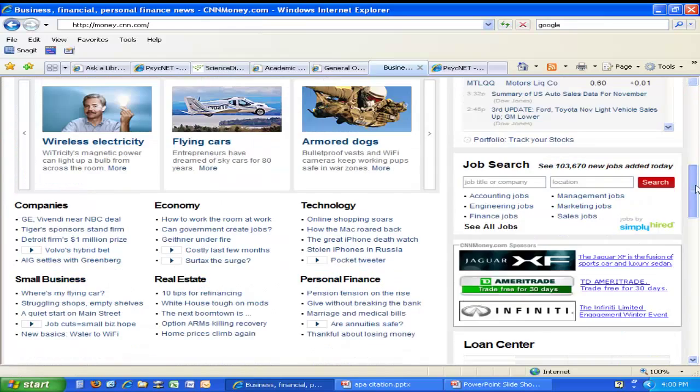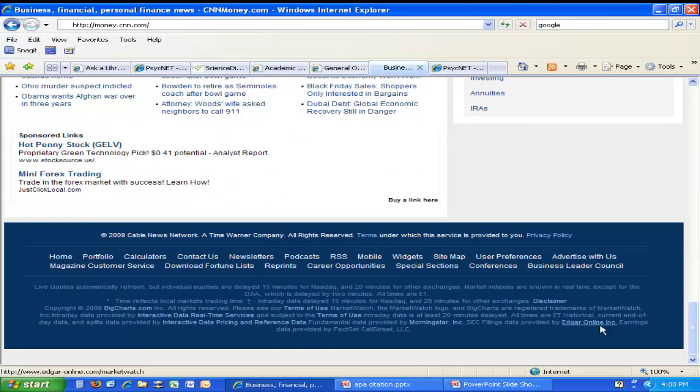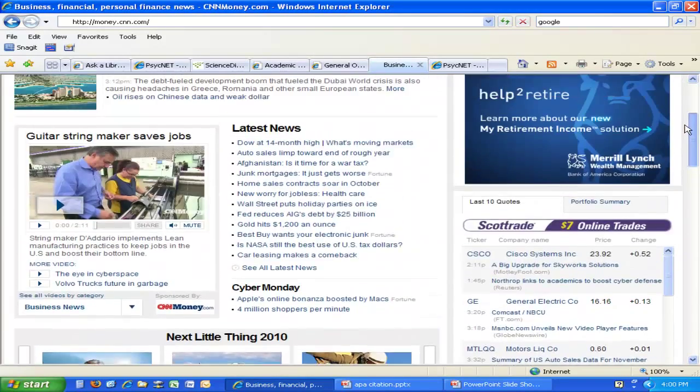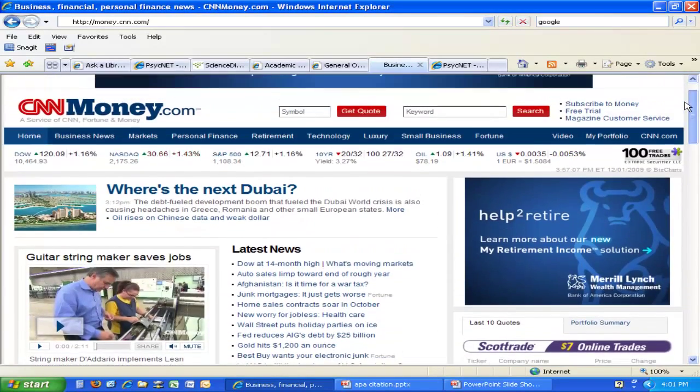The way to maybe check this would be to scroll all the way down to the bottom and see where the copyright is. I see Time Warner. So this is probably the Money magazine that I'm looking for, only I've got this long page full of stuff, and none of these look to actually be the magazine. I have subscribed, but subscription pages don't quite count.